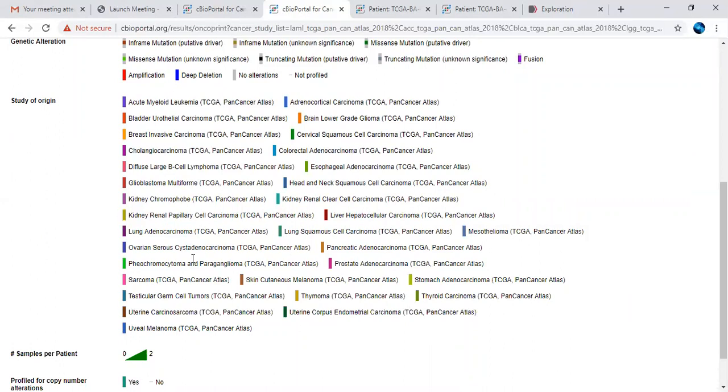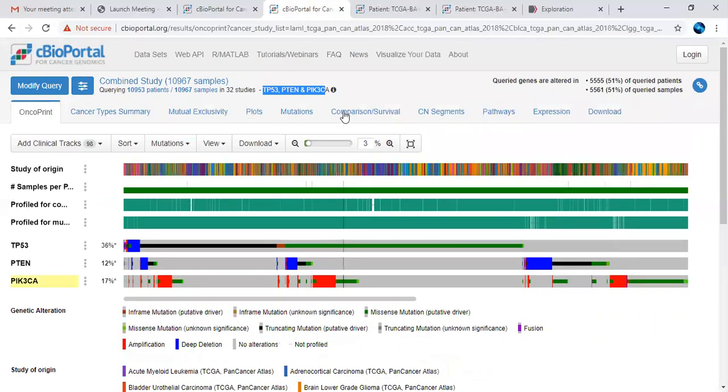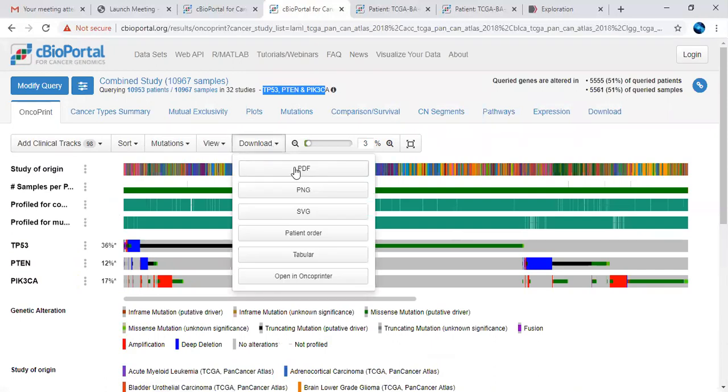So this data has been shown with respect to copy number alterations and mutation count only, with respect to TCGA pan cancer at a glance. And in that, how many cancer data sets have been altered with respect to only our target search. Based on that, only this visualization has been shown. You can even download this visualization data in PDF format, PNG image format, patient order information, in tabular form, or you can directly open it in OncoPrint. So like this, the data can be downloaded from here.